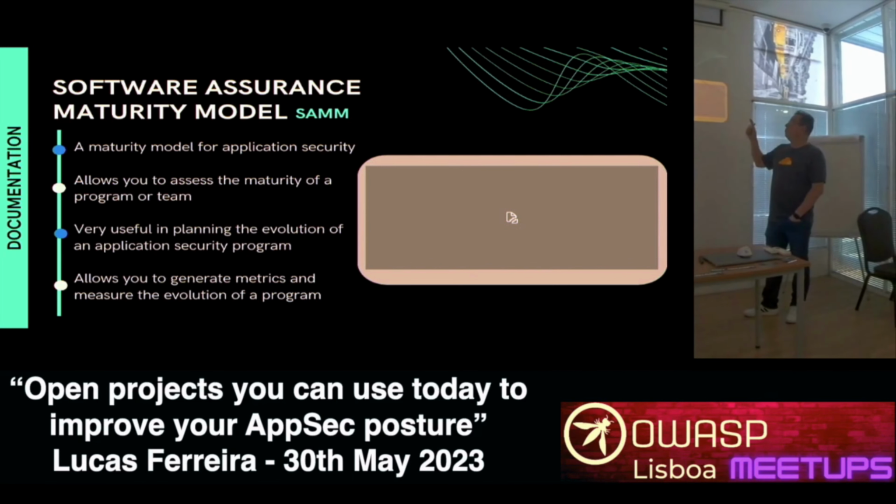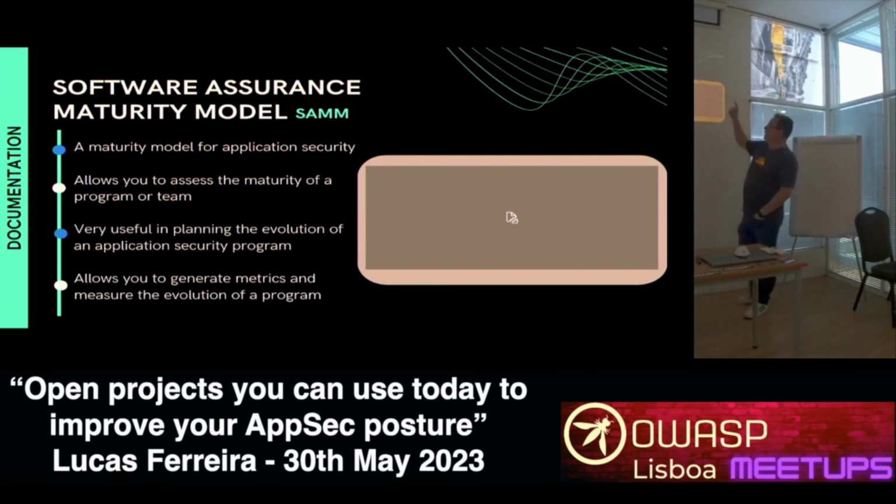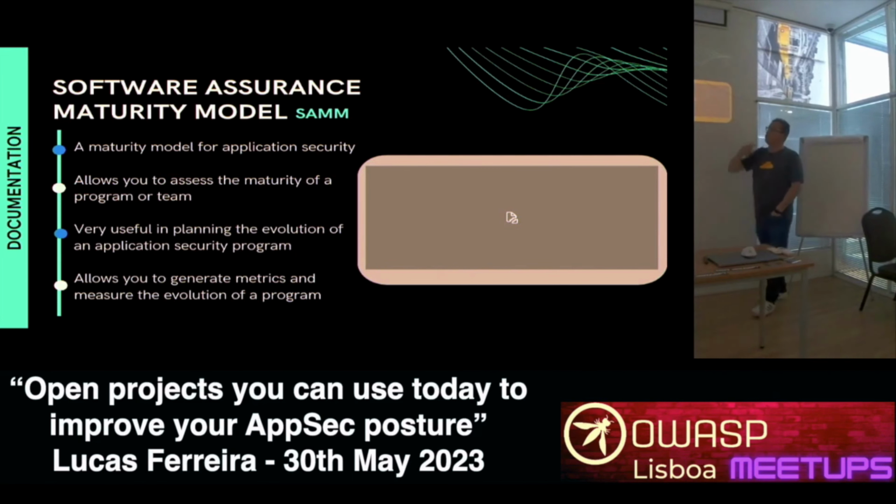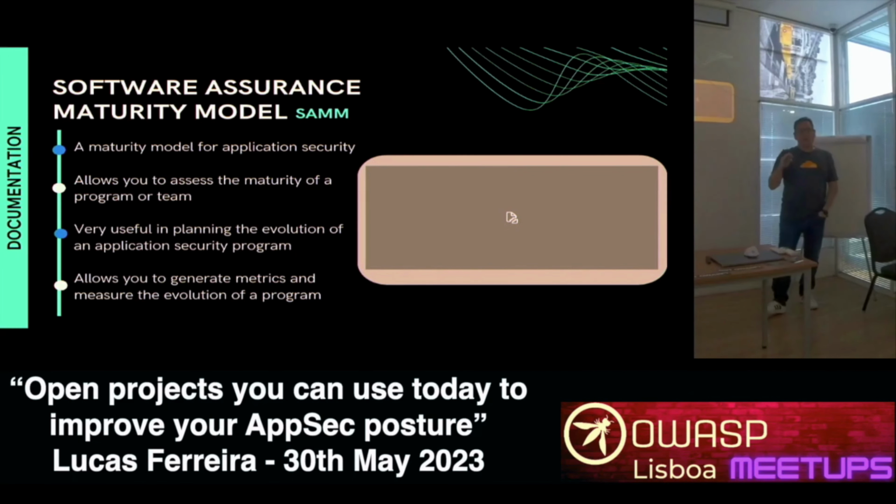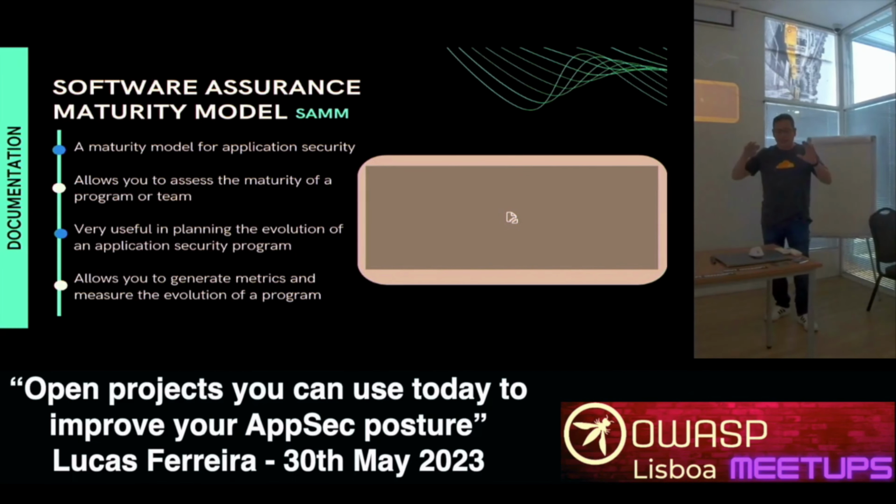Okay, so the next one is the SAMM, Software Assurance Maturity Model. The idea of SAMM is to define a maturity model to see how mature an organization is in relation to the activities that need to be done to make the software secure. So it's about the organization, how you structure it, and what practices the organization needs to have in place so that you can